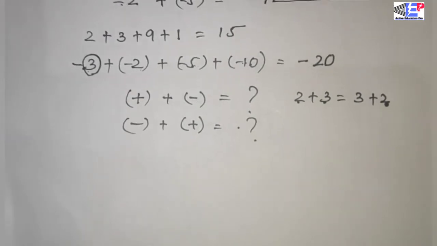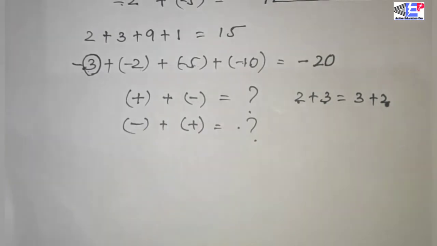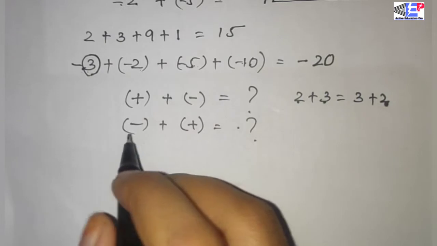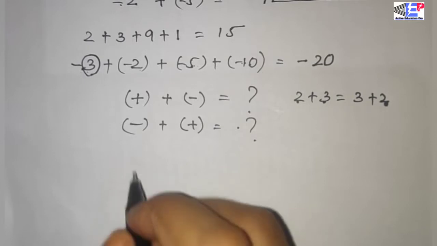Whatever you add, positive with negative or negative with positive, there is a rule to add integers of opposite signs. Opposite integers means positive with a negative or negative with a positive. Then what is the rule? The sign rule. Here I describe it with an example so that we will be thoroughly clear about this sign rule.